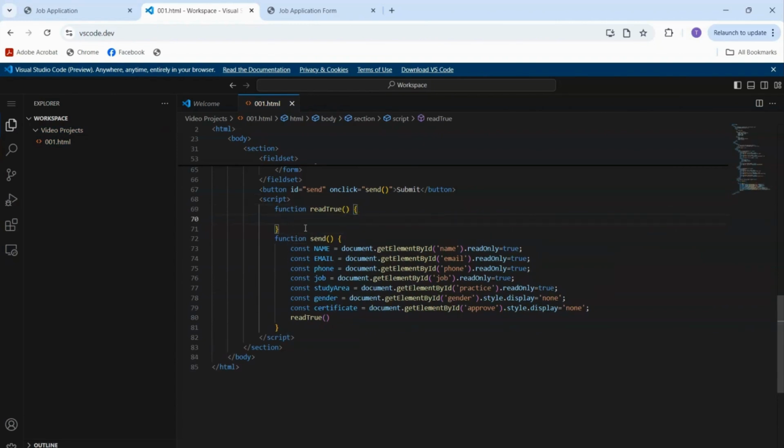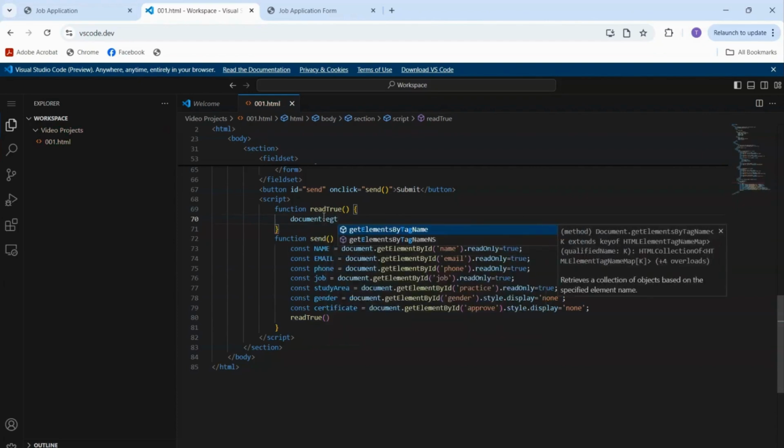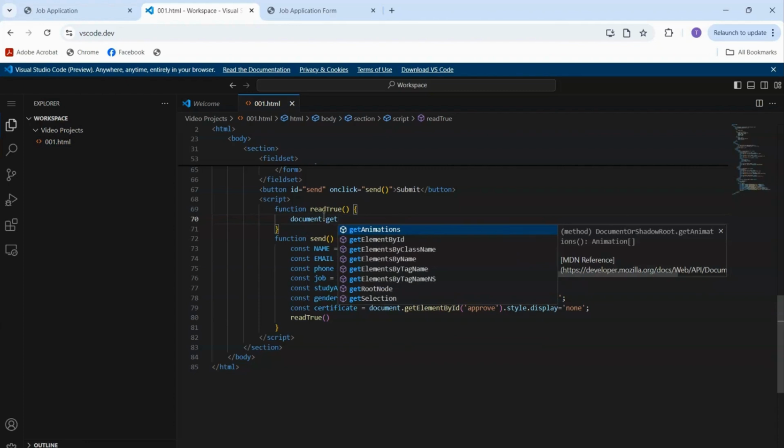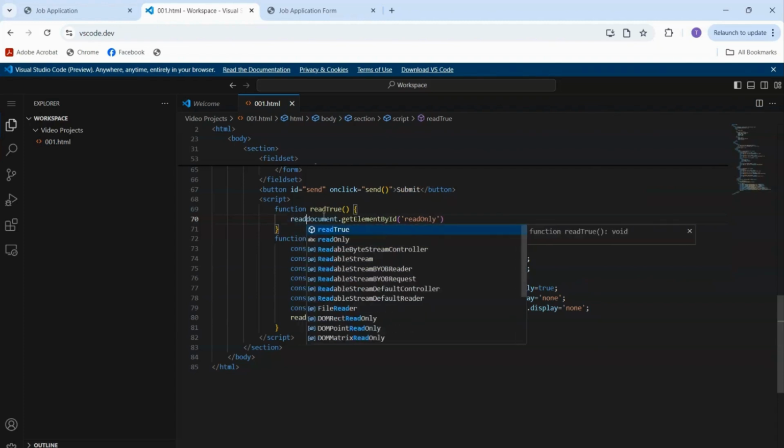Now the reason why we added this on top is just like in Python. If we add this function underneath it, it's like we haven't declared this function yet, and then it gives us an error. Now we say function of read true, and then we set it to document. We want to get an element by ID, which is called read only. Then after that, let's go back here and say read